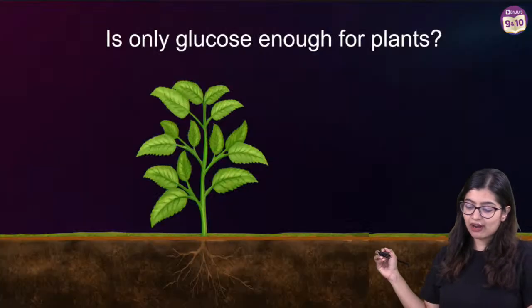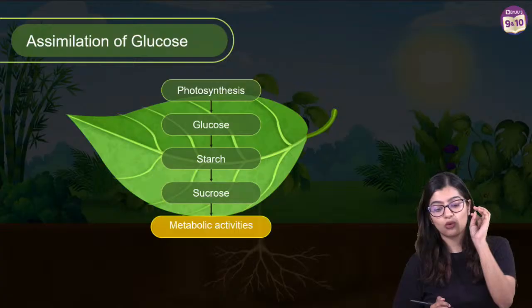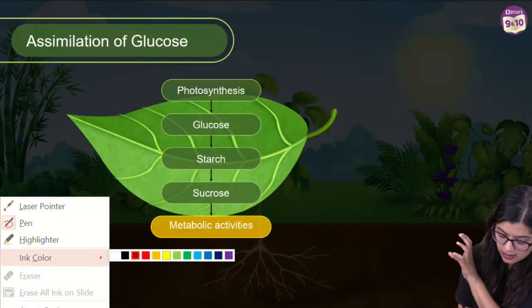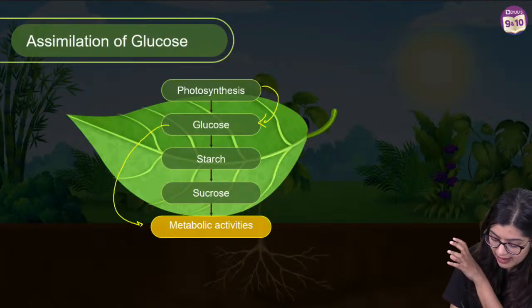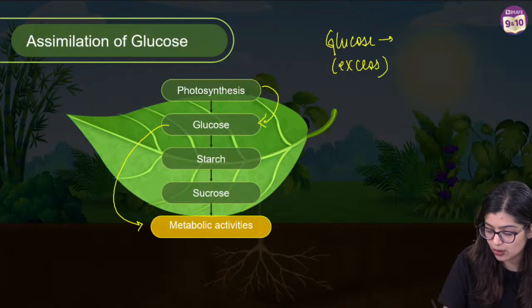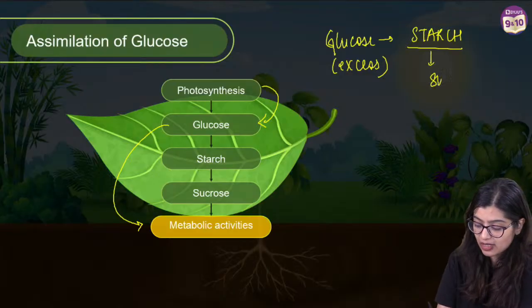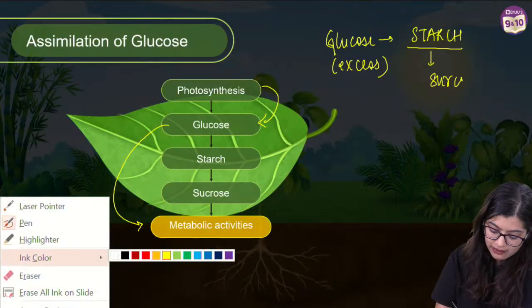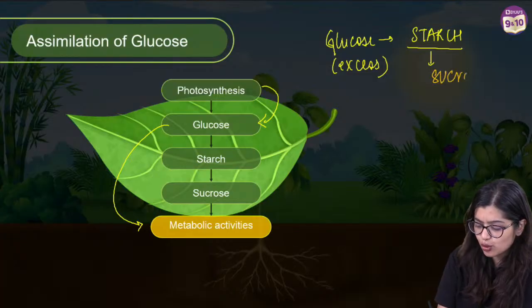Okay. So quickly everybody, to go through some of the points that I have just discussed, right? At the end of photosynthesis, what are we getting? We are getting glucose, right? Now glucose is then utilized for various metabolic activities. Now when glucose needs to be utilized, we see that excess of glucose gets stored as an internal reserve called starch. Yes? And if I need to use it again, I will convert it to sucrose, which is another form of carbohydrate. Yes?